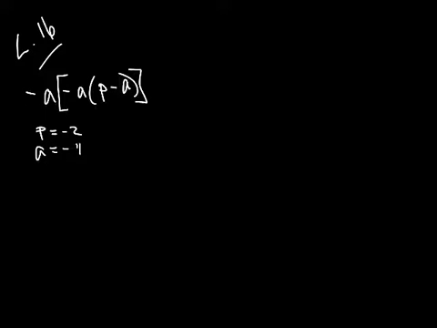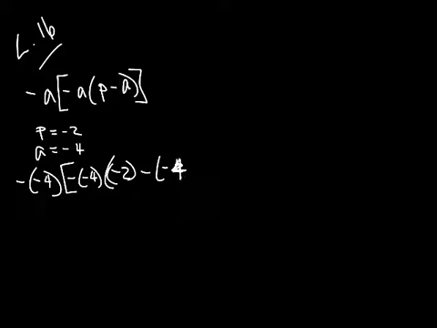We've got negative a, and then we've got negative a, parenthesis, p minus a. Got that. And they're telling us p is negative 2, a is negative 4. So let's go ahead and write that. Negative 4, because that's our a. Negative 4 again, that's our a. p, negative 2, minus a, which is negative